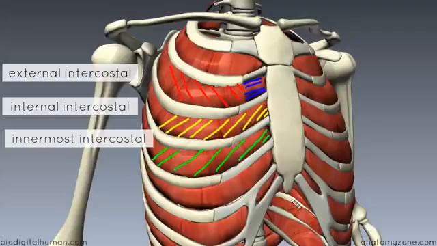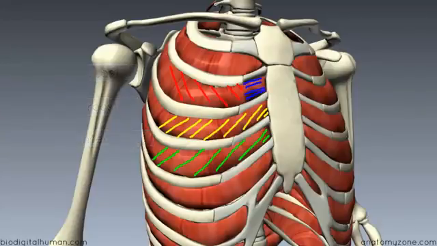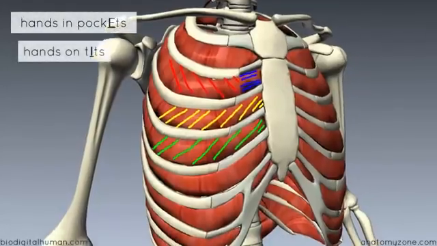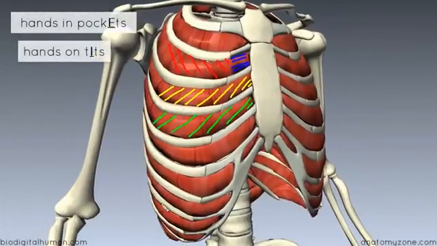The way to remember the orientation of these fibers is with a simple mnemonic, which is the same as the mnemonic I used in the anterior abdominal wall muscles tutorial. So hands in pockets and hands on tits. So if I just draw some hands which are in pockets,